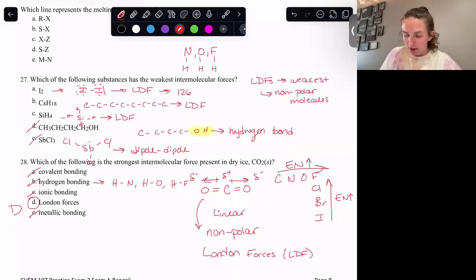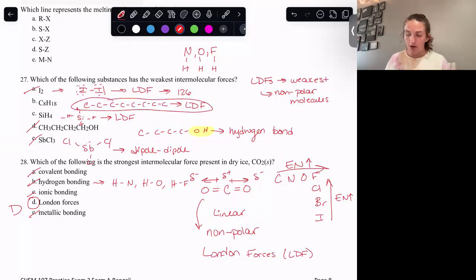If we compare, so I tell you iodine's on it. C8H18 is very big, right? This is a very big molecule, like giant, like a string bean, right? Whereas this SiH4 is actually just like a pea size, right? So a pea in comparison to a string bean, that's a big difference. When we have a dipole, it might be able to stretch across the entire string bean. In the case of the silicon, then it can only stretch across the length of a pea, right? So the length of that dipole is much longer or bigger than the length of the dipole for the pea